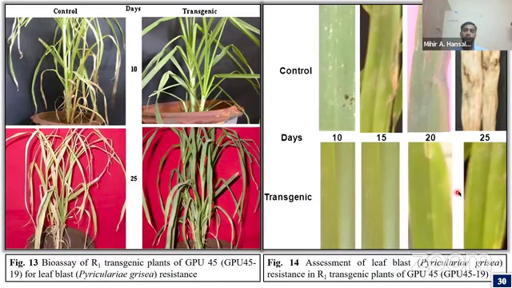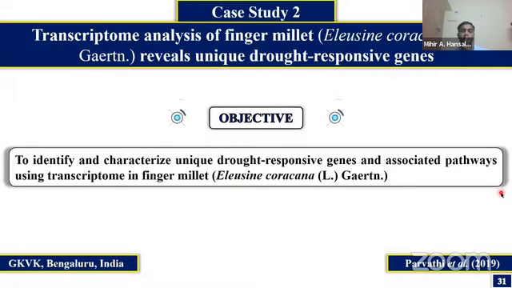Here you can see in the leaf after spray of the spores of the fungus, after 25 days the control is susceptible and the transgenic is still resistant. Second is transcriptome analysis of finger millet reveals unique drought responsive genes, conducted by Parvati and her co-workers in 2019